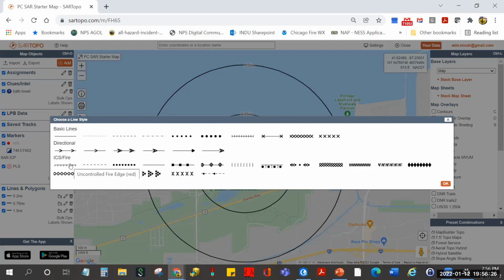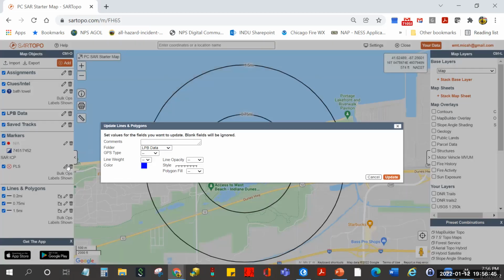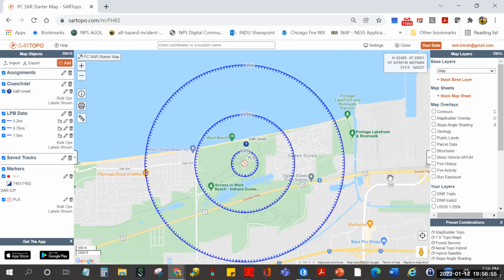Now, a lot of these icons are from the Wildland Fire world, because we actually have a gigantic book just about this. So these icons, as long as you're using them consistently, you can use them for whatever you want. This particular one in fire is used for an uncontrolled fire edge and is usually red. But I like it because it has little lines pointing in. I'm going to give it a line weight of 2. I'm going to hit update. Now, all of my rings just changed. They moved up to the lost person behavior data folder,